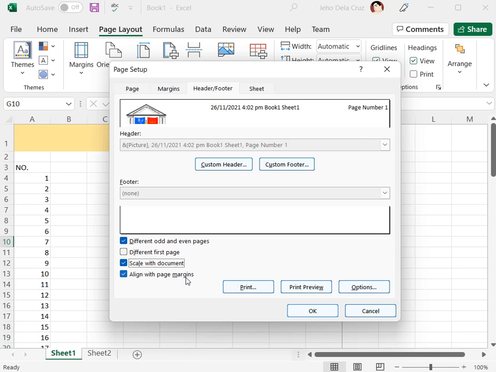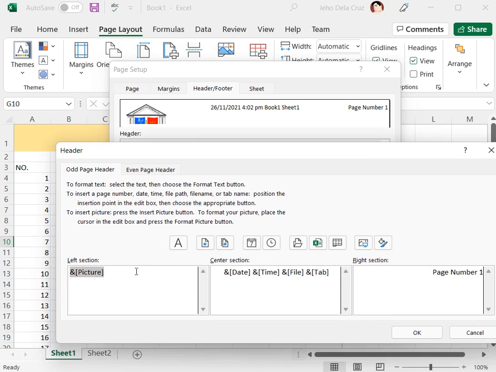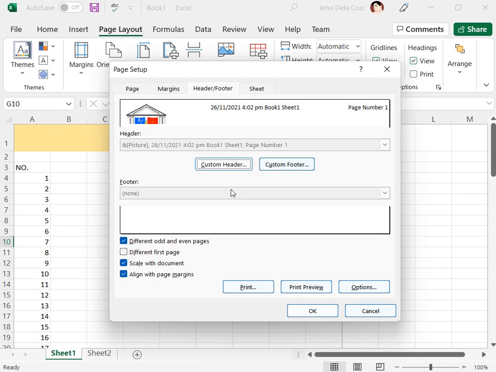While align with page margins, no, if checked, the left header and footer will be aligned with the left margin, no. Kung i-check na to ni, ang left header and footer ko, no, so this one, kung ako nang i-check, so we have left section, and we have center and the right section, diba? So it means that the left section of the header and the footer will be aligned with the left margin, no. So ganina nakita na to ang output, it was aligned already because this was checked, no, by default. Okay,